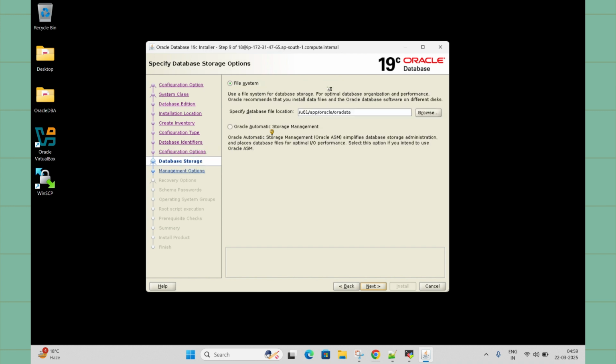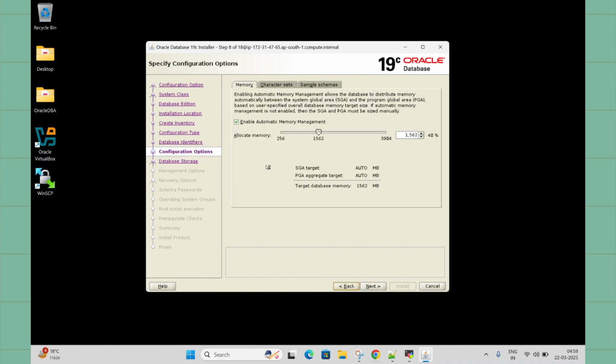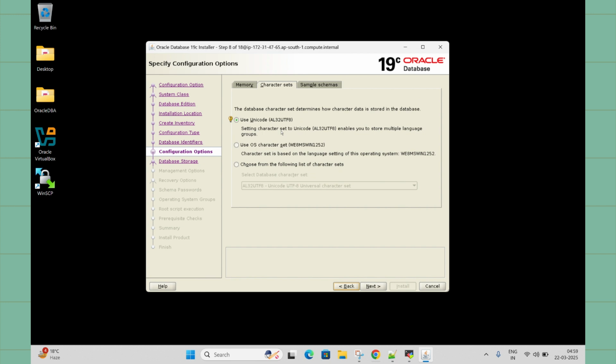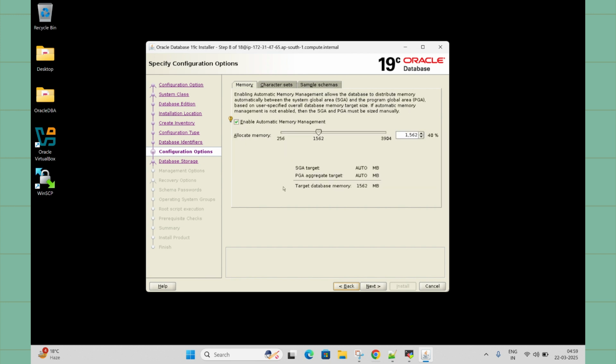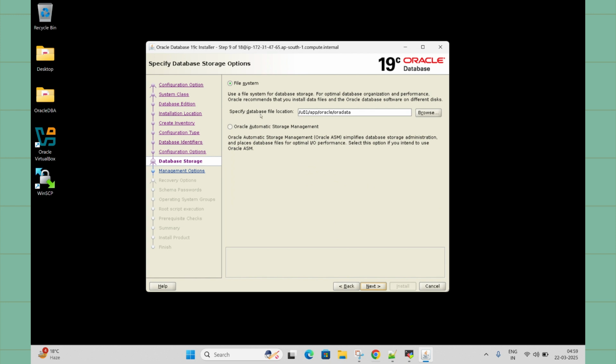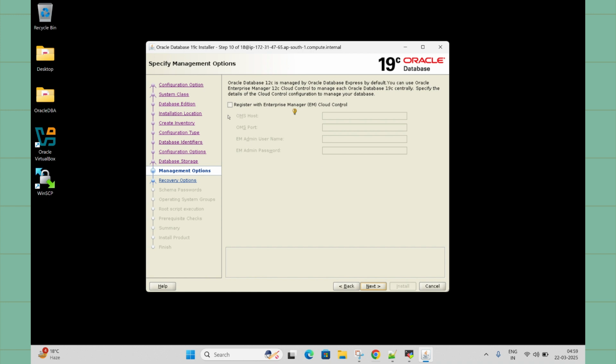This is the character set, but in real time you need to configure it, let me go to the previous screen. In real time you need to set these things as per the customer requirement. Okay, so make sure you are referring to the correct one, but I'm going with default just for this testing purpose. Okay, and for the file system, we are using a normal file system, not ASM. So this is the path, and here it is asking whether you want to register this database on some OEM cloud, where some other host on the OEM cloud is running and you want to give the details. No, I will go with the default one.